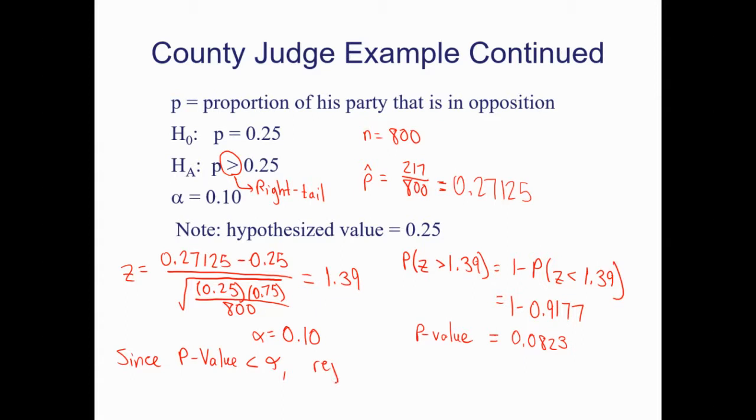Reject H0. Which, since I'm rejecting H0, that means there is sufficient evidence to support the claim